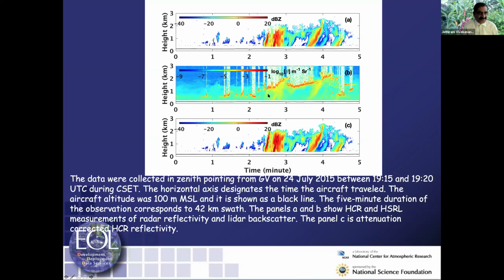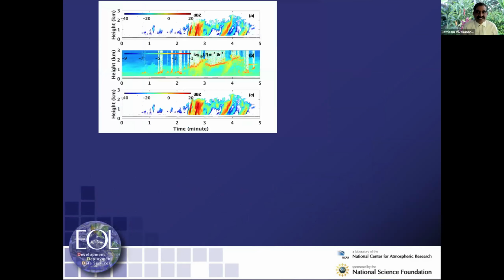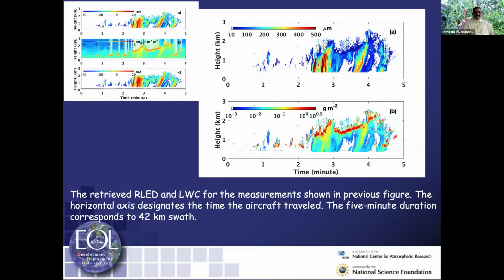Since I got these remote observations, I applied the technique that I described using the radar LiDAR ratio and DBZ values to estimate liquid water content. Here are the retrieved quantities. The top panel shows the droplet size. Droplet size in the cloud base is a deep blue color, about less than 20 to 50 micron, even less than 30 micron in this case. Most of the droplets are less than 20 micron. The drizzle is close to about 0.4 or 0.3 millimeter. Big drops, drizzle droplets exist in there. You will retrieve that. Same thing in here, drizzle, and you can see a lot of cloud droplets.